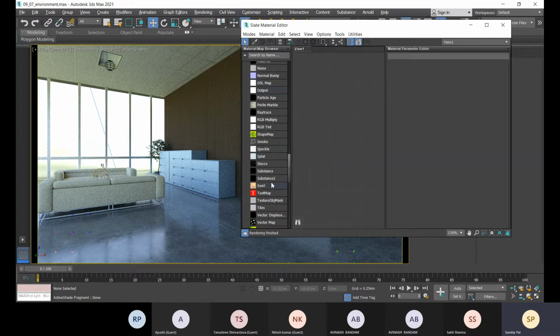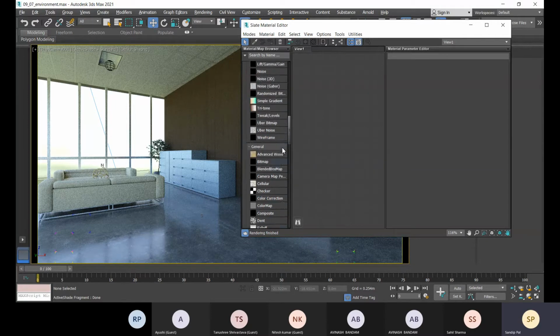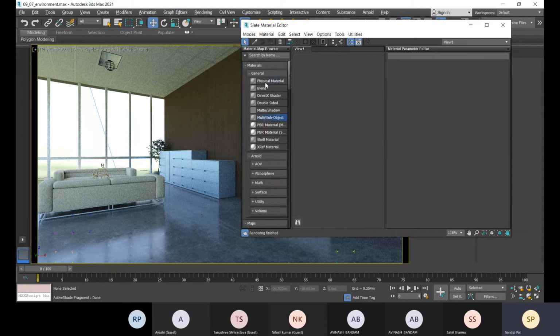These maps will help you change some properties of your materials. We will go with the general materials, edit them, and create our own materials.